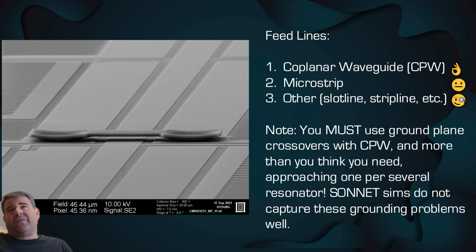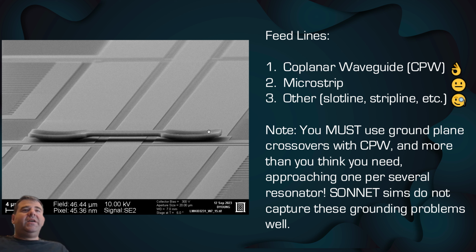That works. There's other possible geometries like slot lines and strip lines. So microstrip can work. It turns out that it's kind of hard to couple to for a variety of reasons about the fab. The slot lines and strip lines tend not to work because they tend to have other modes, like they can have microstrip modes that can be a problem. I think unless you have a really good reason, you should go with the coplanar waveguide structures, and you must